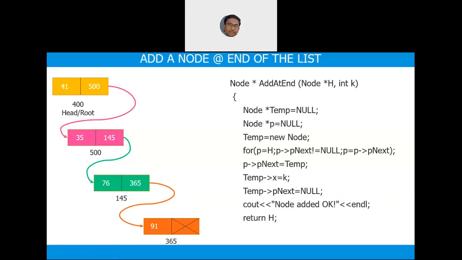What are you returning? h. Are you corrupting h? No. Why? Because are you moving h? No. Are you using h? Yes. For what purpose? Traversing purpose. By whom? By p. Why p? Another alias. Otherwise h will be corrupted. Even if I don't use p, if I use h alone here, then whatever changes I am doing in h, because you are saying that p is equal to p arrow p next, there is a 100% probability that head will be corrupted. Because of that only you have to explicitly use node star p is equal to null. And then you return the head.